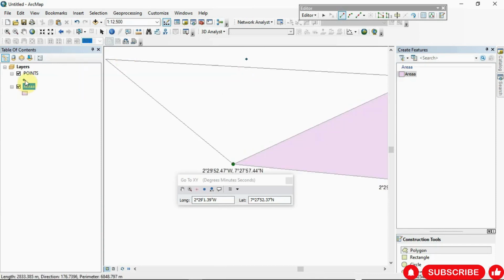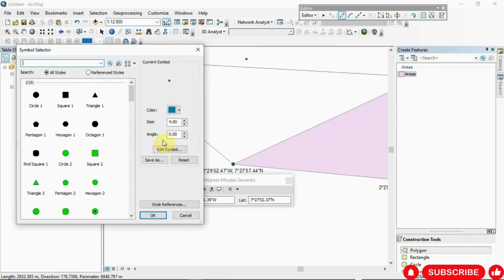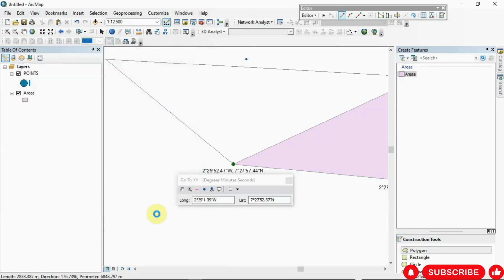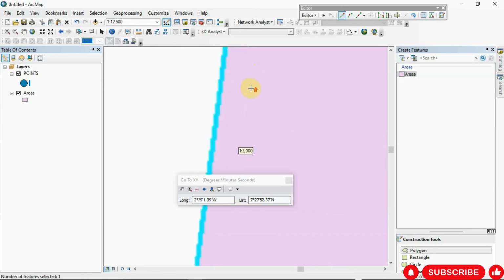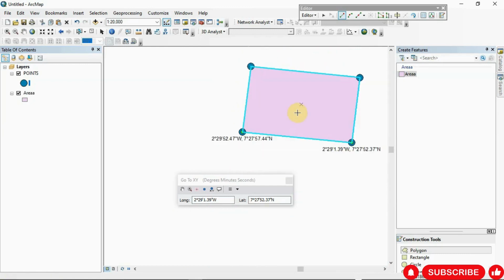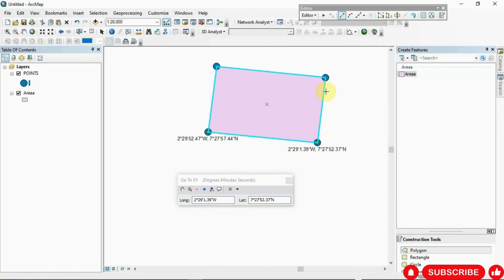So if you are not comfortable with it, you can just change the size of it. So you see it here clearly. Then when you're done, you can just double click. Then we have it. We have our shape nicely. So you can see they fit into it. So this is the shape we have created, and if you want to find the area of this,